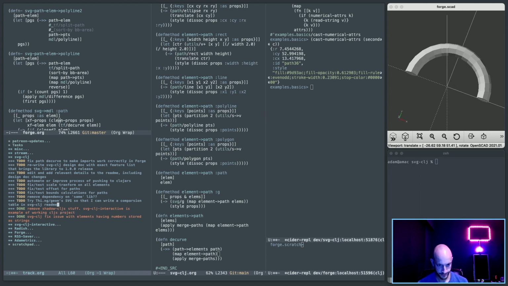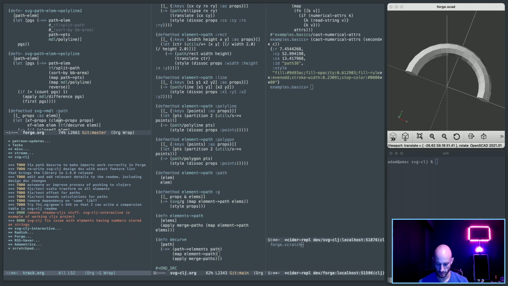There. Edit, add relevant details to the README. Rewrite the design doc with the exact feature list. Yep. Fix path decurve, and here, to do: fix